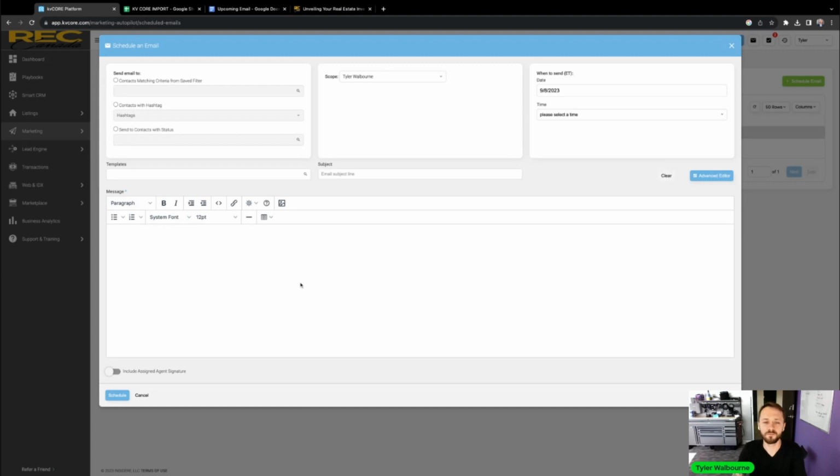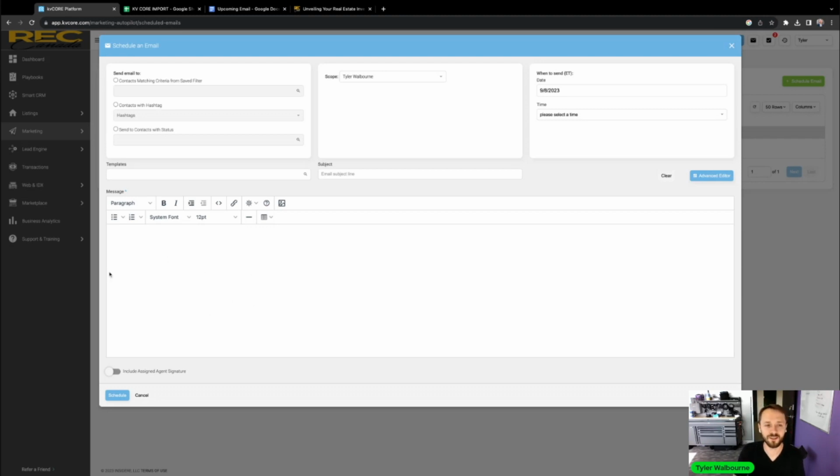I personally will create the body of the email first. And to do that, you can have two ways to actually create your email. You can set it up with this specific section here, the message section. I personally believe if you're doing a plain, simple text email saying, hey, very excited to have you in our database. If you need anything, give me a quick call. Something that you're not adding images to,